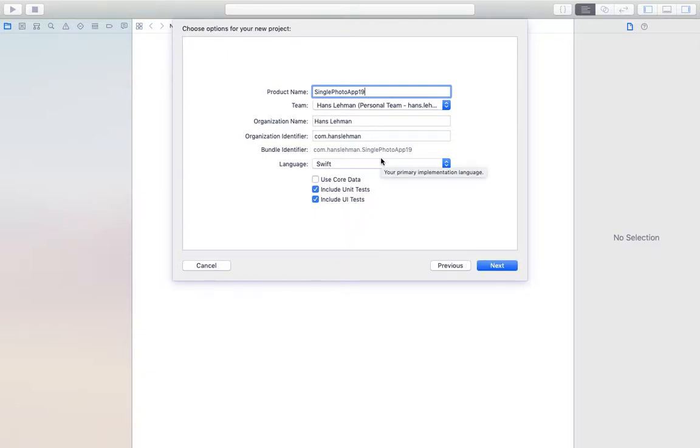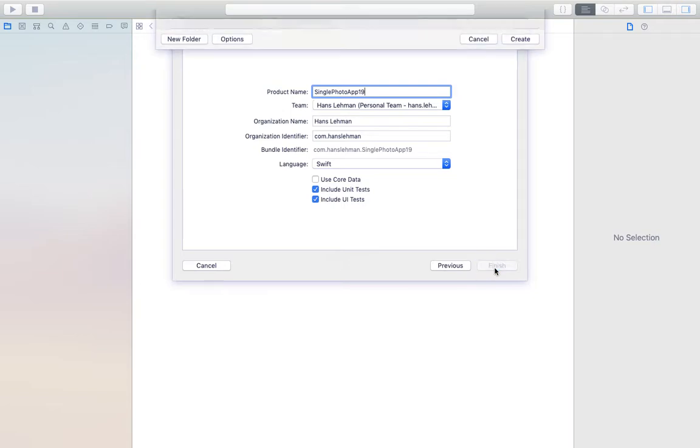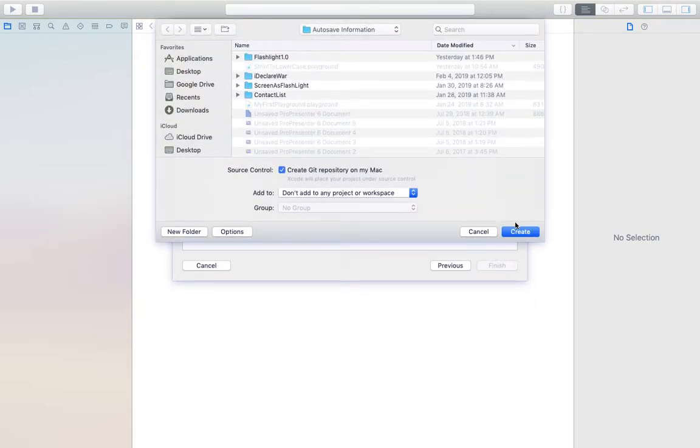This is Mr. Lehman creating a single photo app. So in Xcode I opened up a new project. I called it Single Photo App 19 for the year 2019. I'm going to click Next, and I'm going to click Create,